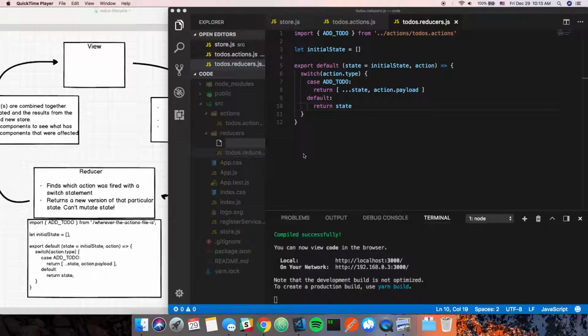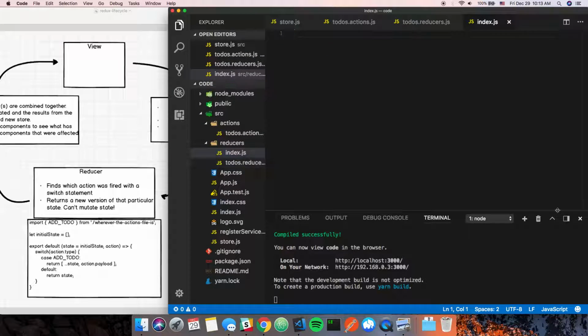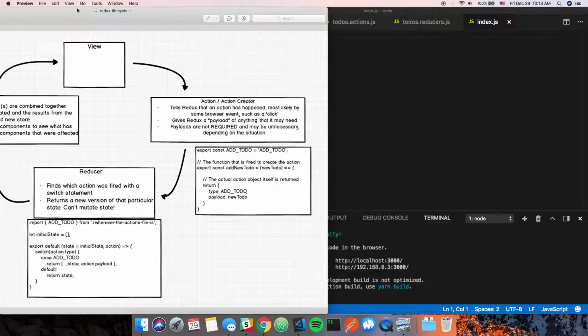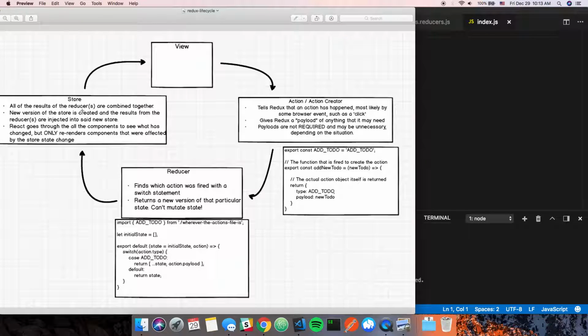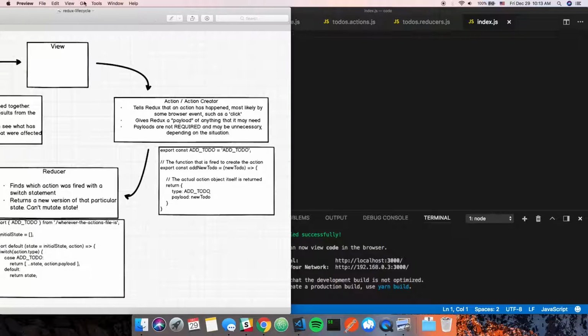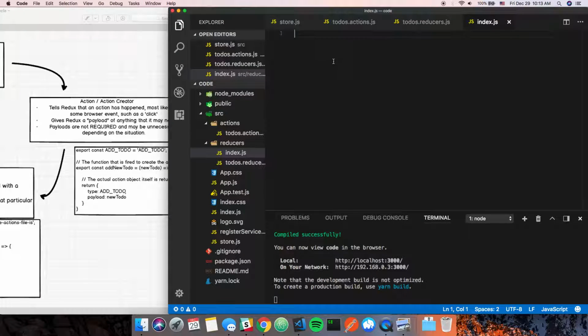So the first thing that we need to do is add a file called index.js to the reducers. This is what's going to combine all the reducers together and then ship it off to the store. So let's do that. First things first, we need to import the reducer that we created. So we're going to say import